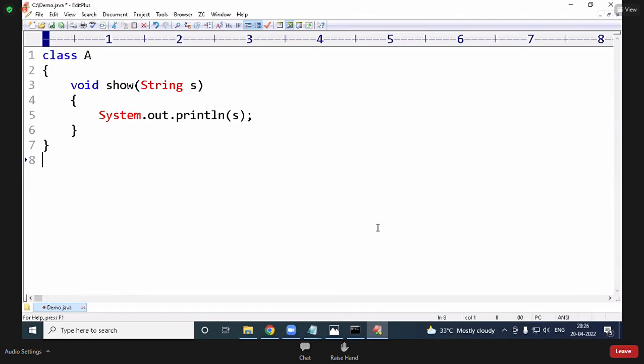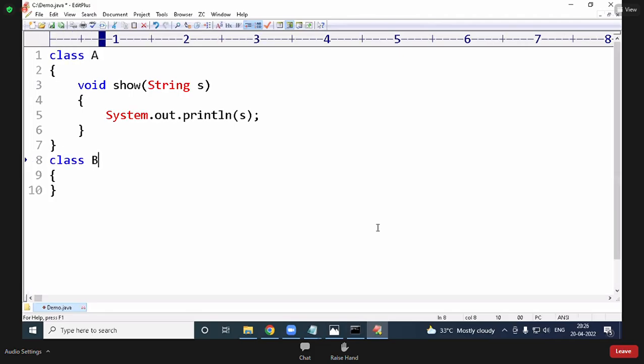Which class object is required? An A class object. I am creating an A class object as a member of the B class.